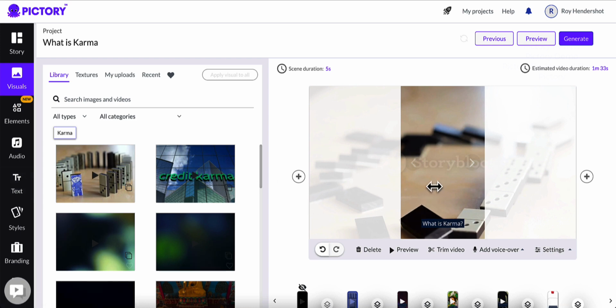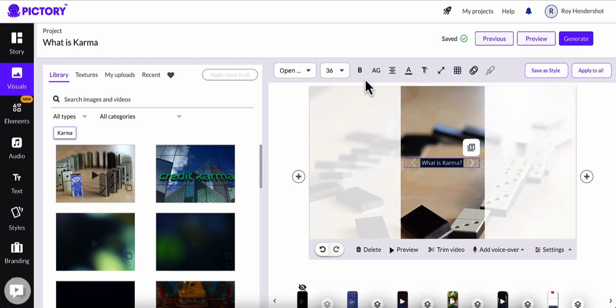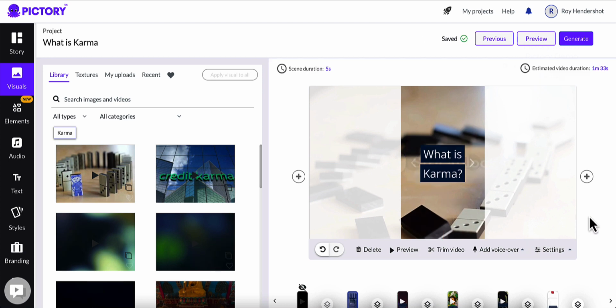So now we're on the first slide. And what I like to do is change the text on the very first slide, because if I'm putting this on TikTok, I can make a really cool cover image using this text. So I like to move the text. You can move the text, and once you have the text selected, you're going to see a menu pop up, a little title thing here. You can do a lot of things with it. I will take this all the way up to a 72-point font, and then I'll make sure it's in the middle. And that will basically be my cover image for TikTok.